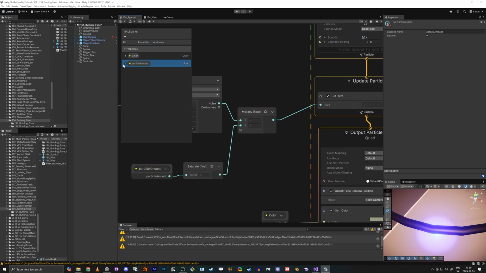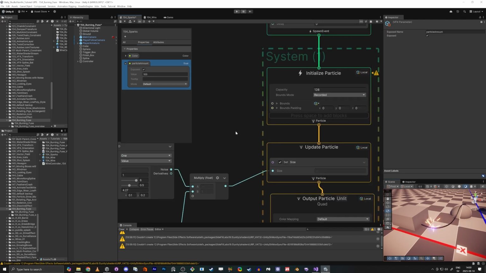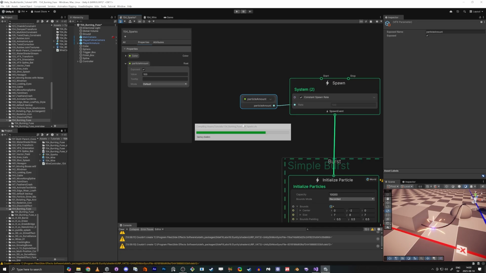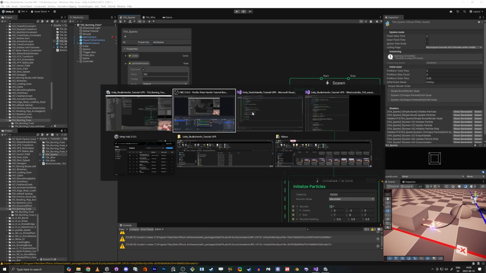And whenever the particle amount is, let's say, 100, then it is working. And because this particle amount is also controlling up here the constant spawn rate, it controls both of them. So what's good about this is that if we just copy this one and go back to the code,